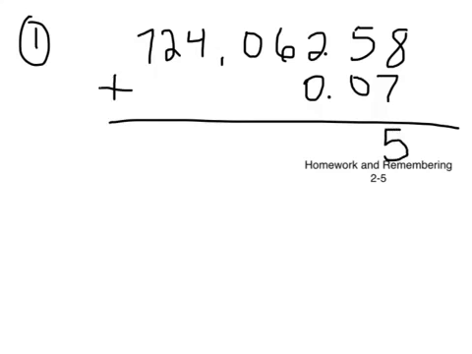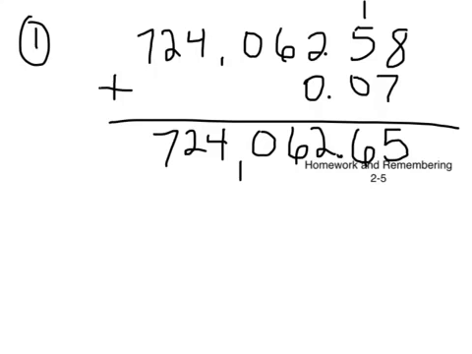and you carry the 1. So now you have 1 plus 5 plus 0, which is 6. Drop your decimal down. 2 plus 0 is 2, and everything else is just going to drop down because there's all zeros underneath, which you can't see, but if I wanted to show you, there's no value to all these places, so you just drop down the digits, and your answer is here,